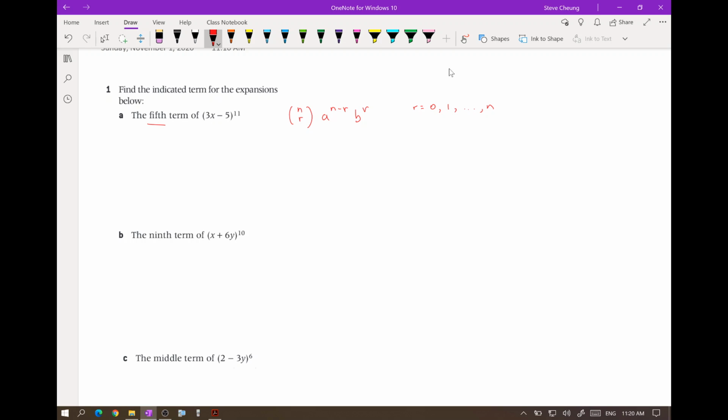So in this case, the fifth term is when r equals 4. So to extract that term, we can simply write it as follows. We can do 11 choose 4, and then we have 3x to the power of 11 minus 4 times negative 5 to the power of 4. So notice that these two numbers have to add up to 11. And then if you were to put this in a calculator, you will get,